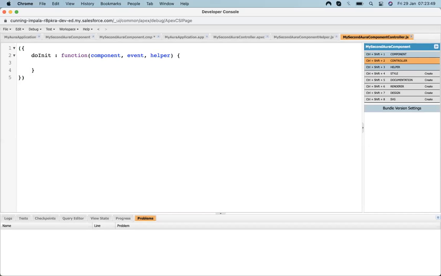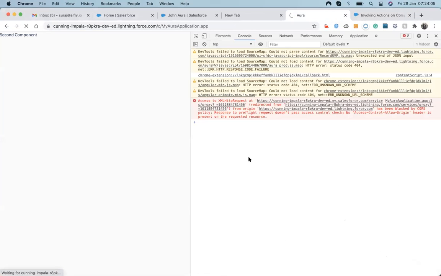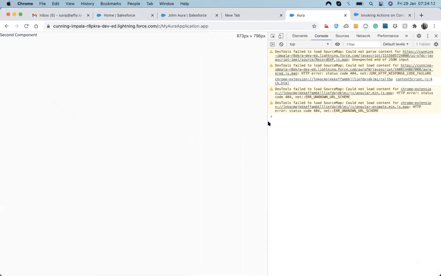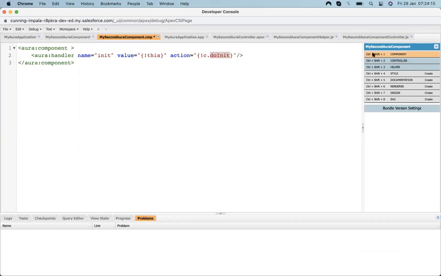Let's check it out in the console. Let's refresh it and check. I think I haven't saved the component part, so let's save this.